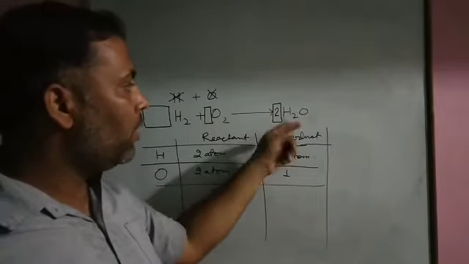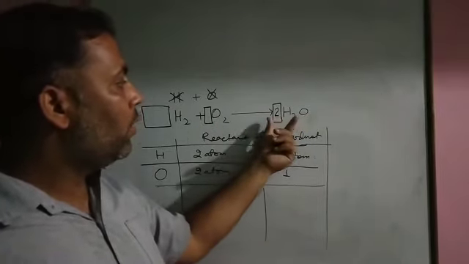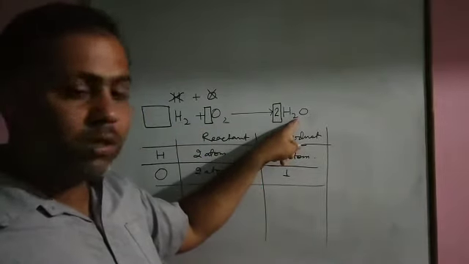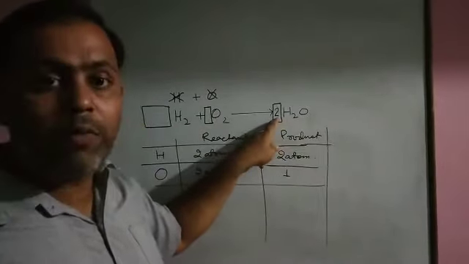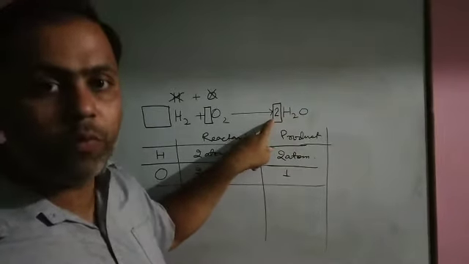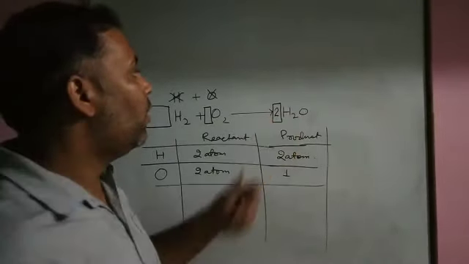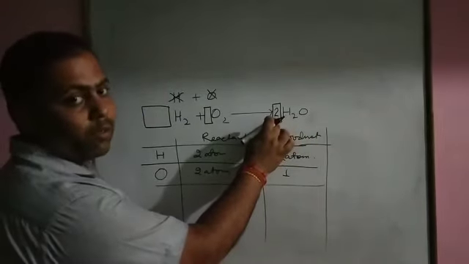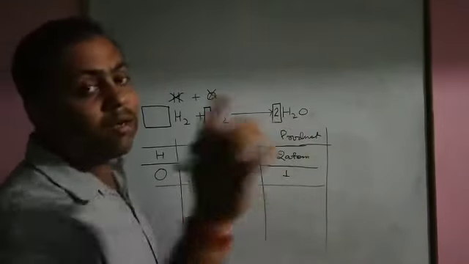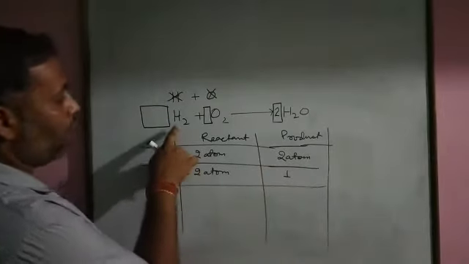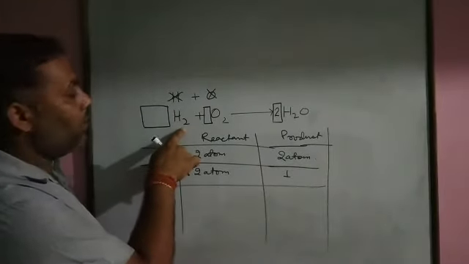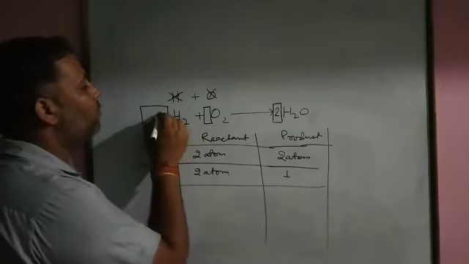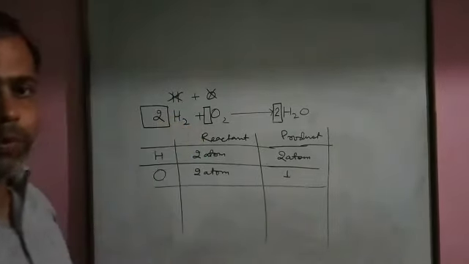But what we see here, on writing 2 here, the number of hydrogen atoms is unbalanced. What we see here, hydrogen subscript 2 and coefficient 2, it will become 2 into 2, 4. It means in the product, how many hydrogen atoms are there? 4. But how many hydrogen atoms are there in the reactant? It is 2. Then what do we do? In order to make it 4, what do we do? We multiply it with 2. Clear?